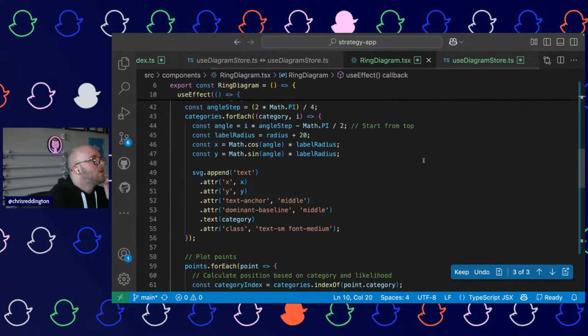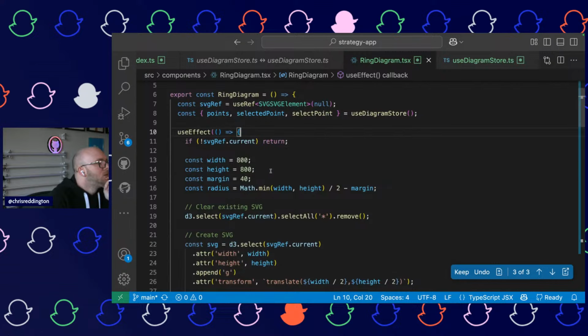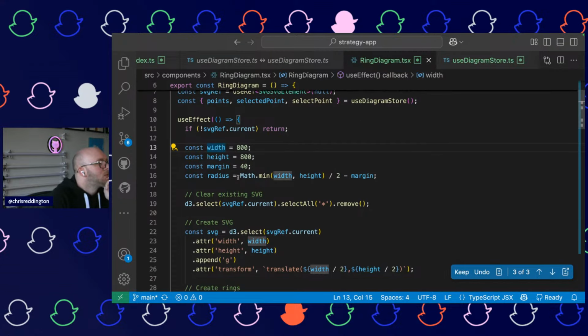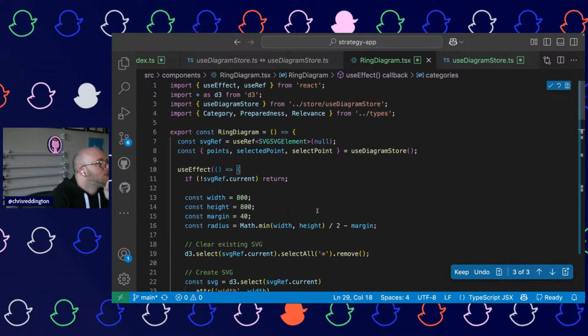Let me just take a look and look through the code. So following diagram, SVG, not for the current one return. Interesting. It's hard coding the width and the height. Okay, categories.